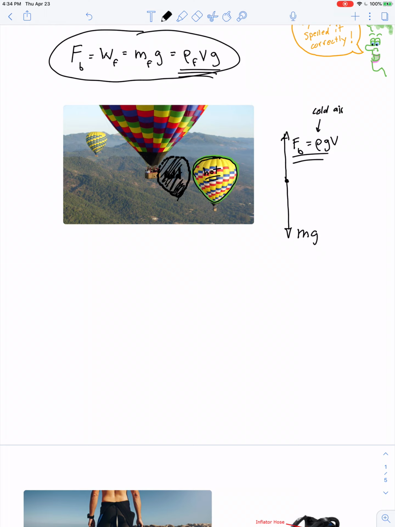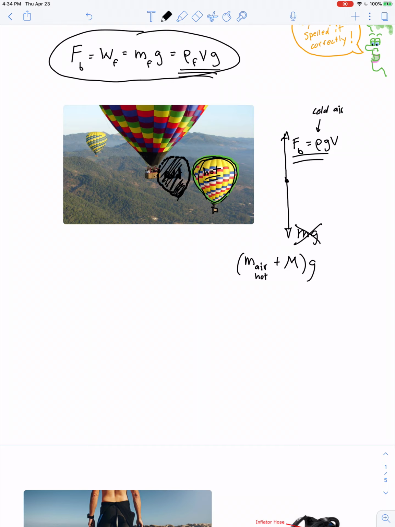That's because the mass comes in two parts, doesn't it? There's the mass of the hot air plus the mass of everything else. The basket, the fabric, the passengers. We'll just call all that capital M. So instead of just mg, we can say it's mass of the hot air plus mass of everything else times